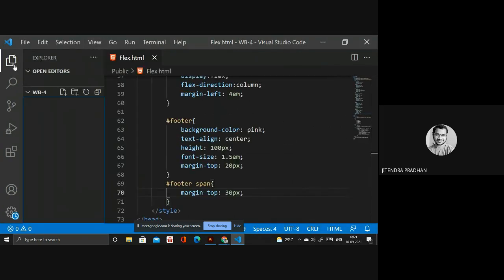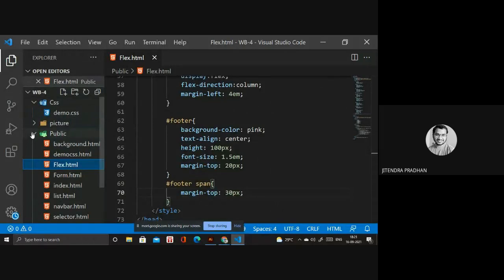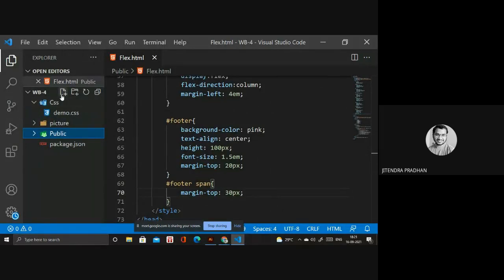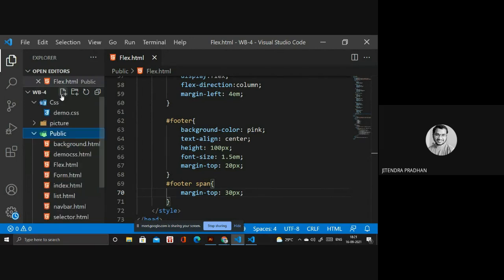So next we have to discuss one by one what the text styling properties are. We have to go to the public folder and create the file text.html. Okay, I will close that one.